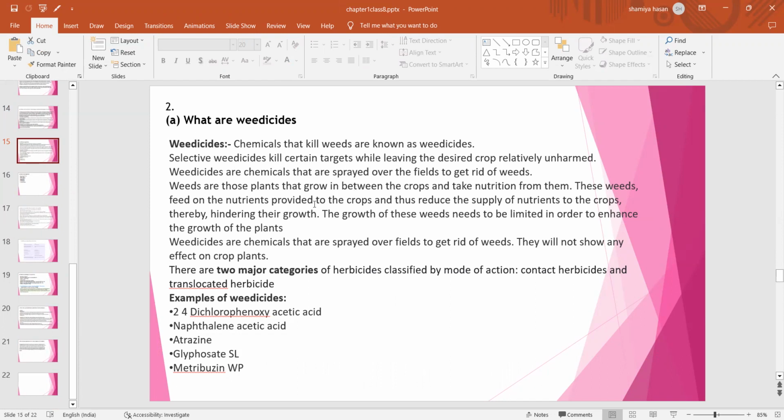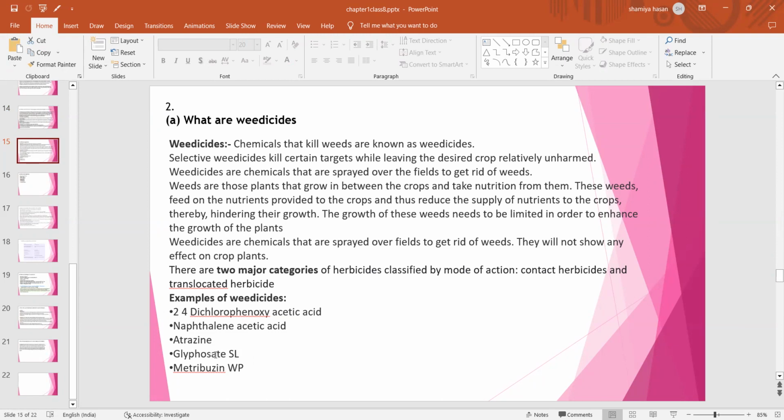These weeds feed on the nutrients provided to the crops and thus reduce the supply of nutrients to the crops, thereby hindering their growth. The growth of these weeds needs to be limited in order to enhance the growth of the plants. Weedicides are chemicals that are sprayed over fields to get rid of weeds. They will not show any effect on crop plants. There are two major categories of herbicides classified by mode of action: contact herbicides and translocated herbicides. Examples of weedicides: 2,4-dichlorophenoxyacetic acid, naphthalene acetic acid, atrazine,